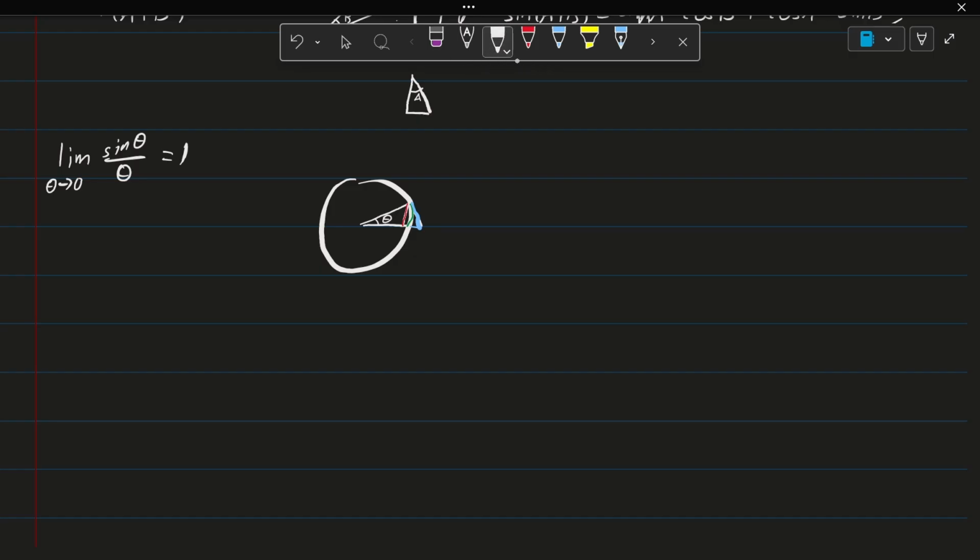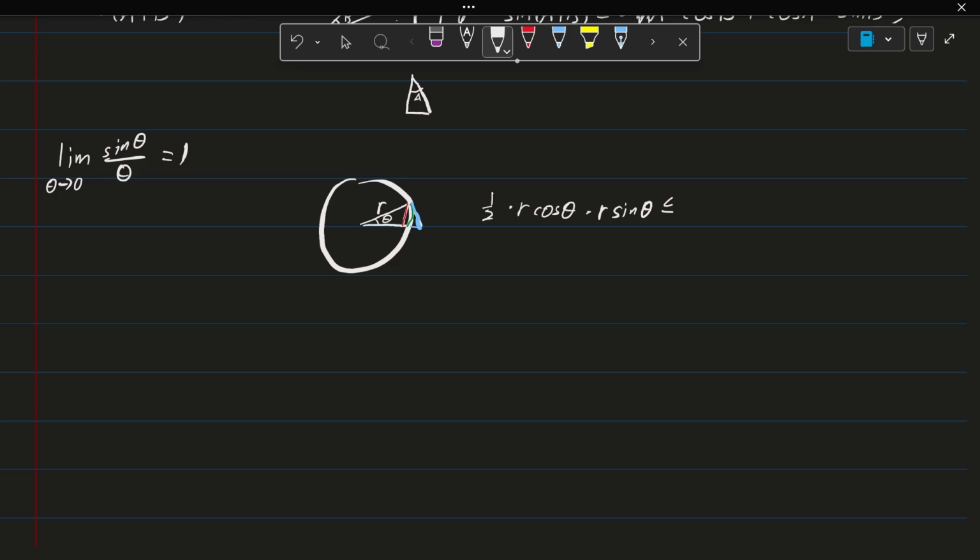For the red one, we should remember the formula for the area of a triangle, which is half times the base times the height. The radius of the circle is r, so we are able to get the base to be r times cosine theta. It's adjacent over hypotenuse, multiplied by the hypotenuse itself. Then we multiply that by the opposite side, which is opposite over hypotenuse multiplied by the hypotenuse. And this value should be smaller than or equal to